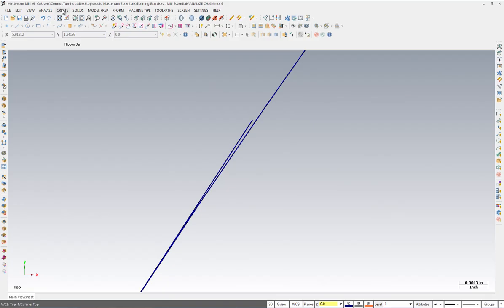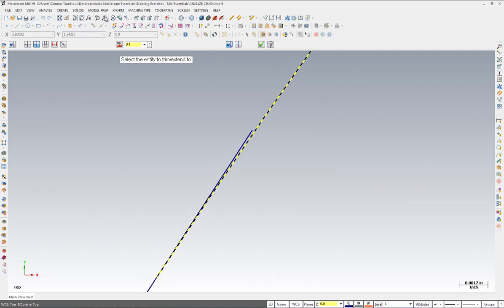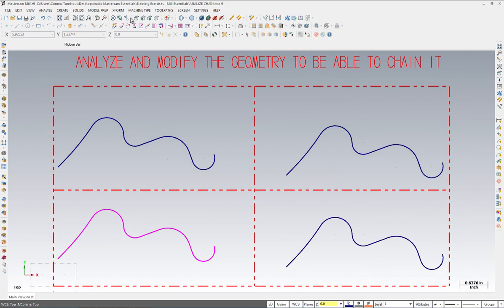I'm going to come up to the top here. I'm going to go Edit, Trim Break Extend. I'm going to trim to two entities. I'm going to grab this line here, and I'm going to need to zoom out a little bit. And I'm going to grab this line here to connect that line. I'm going to hit OK. I'm going to fit to screen, and I'm going to shift click again, and I'll notice that now there's a